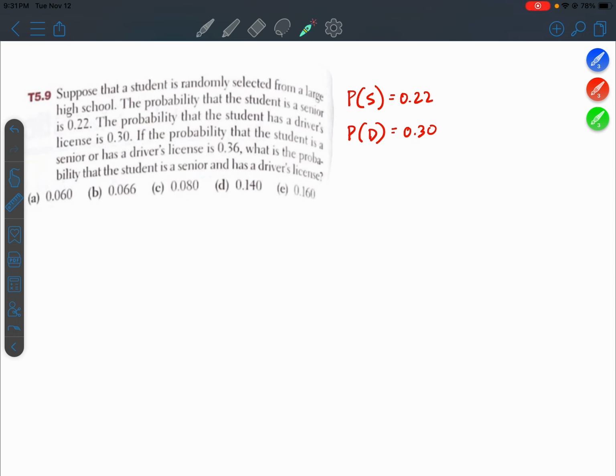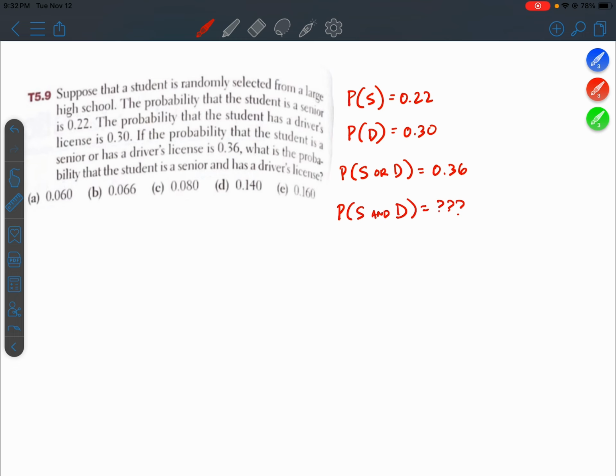Then it says the student is a senior or has a driver's license. So the probability of senior or driver's license is 0.36. And then the question is, what's the probability that the student is a senior and has a driver's license? So the probability of senior and driver's license is unknown. Well, normally I don't like to use formulas, but in this case,